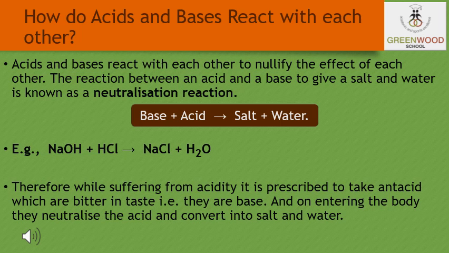Now students, let us discuss how the acids and bases react with each other. When an acid reacts with a base, it forms the salt and the water. As a result, the acidic properties of the acid disappear. This process is called the neutralization. For example, as you can see, the hydrochloric acid is reacting with the sodium hydroxide, or we can say the caustic soda, which is a base, to form the sodium chloride, which is salt, and the water. We call this type of the reaction the neutralization.